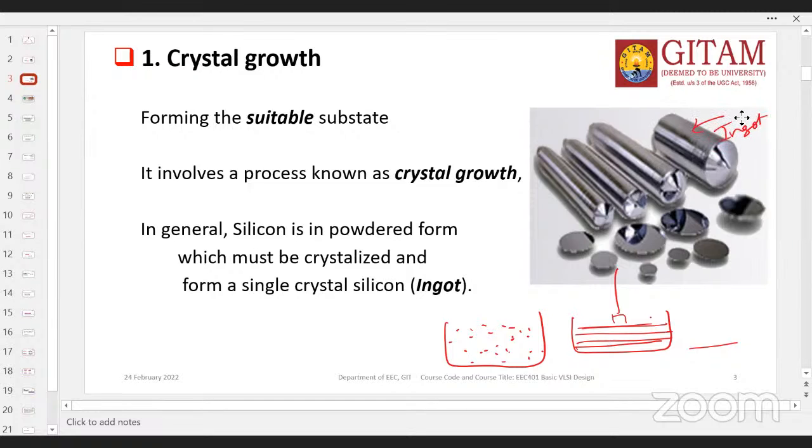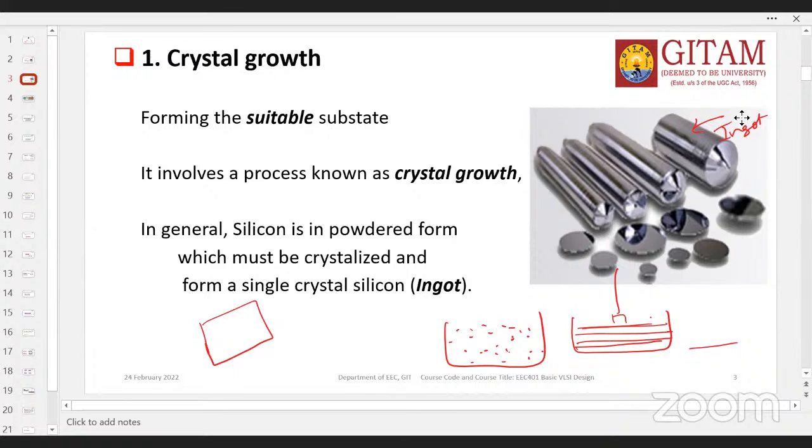Ingot. Okay, so the process of making a single crystal silicon in order to make a substrate is called crystal growth. The process of converting the powdered silicon into a single crystal silicon to make a substrate is called crystal growth. As simple as that, right? So this is the first step that we have to follow in order to make any transistor. In fact, whatever chip you use in your laptops or maybe in your mobile phones, whatever it may be,